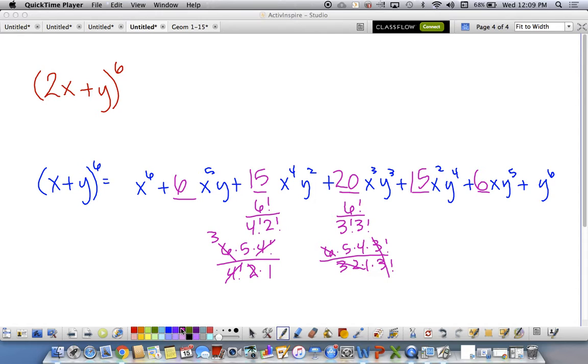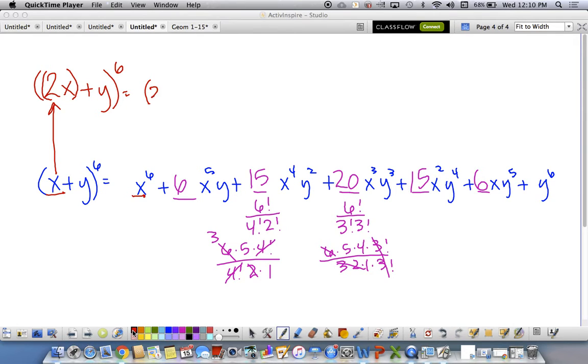Okay? But now I don't just have an x. What do I have? 2x. I don't just have this, I have a 2x. So everywhere you see an x, do you see lots of x's up there? I have to plug in what? 2x. Not everything. Okay. So everywhere you see an x, this x that I see right here, x to the 6th,